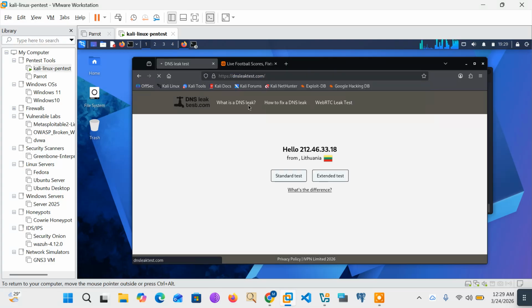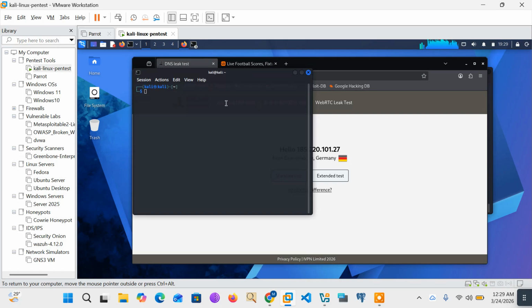So you can see this time around, I'm having Germany. So if I refresh this again in the next minutes, I'm going to be seeing a different country. So let me show you how you can do this. Open your terminal, right? Open your terminal. First of all, open your terminal here and then run this code: sudo apt